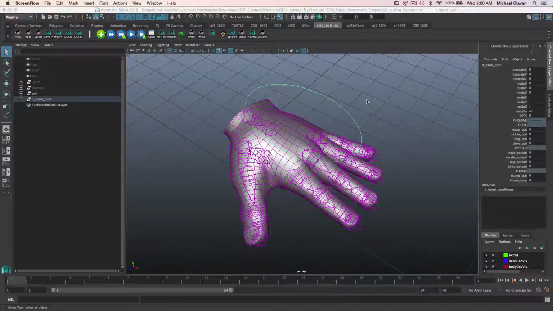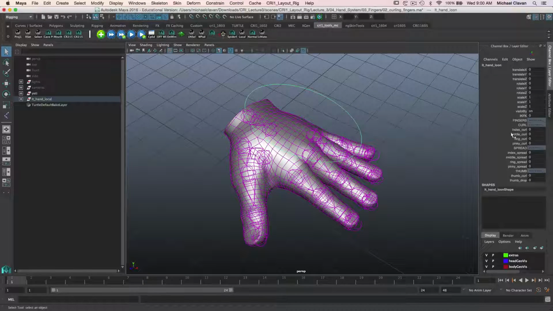We're now going to show how to set the fingers by using directConnections. So on my hand control, I have a bunch of attributes. I have my curls for my fingers, my spreads for my fingers as well, and then I have my thumbs on here. Now I don't have a spread on my thumb here, and it's because directConnections are kind of hard to do the spread. So we need to investigate these attributes because right now it's set to 0, and how